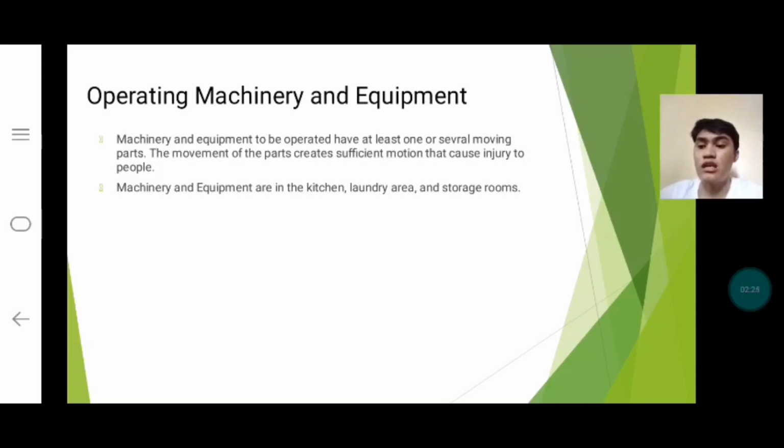All machinery and equipment can cause strains, sprains, cuts, and fractures. Be careful when you go to areas with machinery.